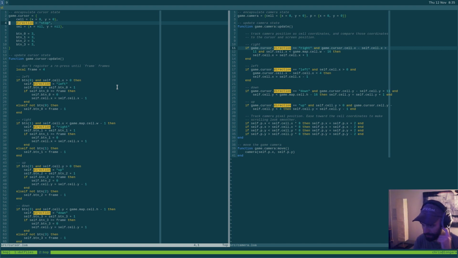What I probably want to do is not track direction, but create some kind of bounding box. I'm going to need to think about that probably off stream, but I think what I want is